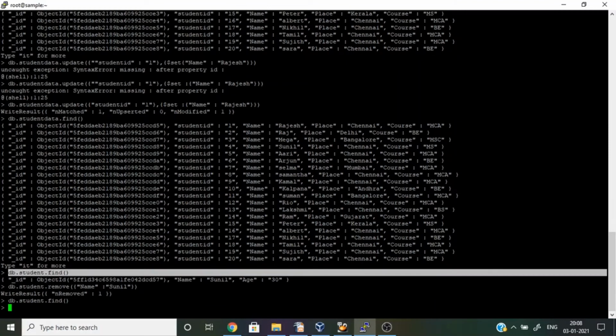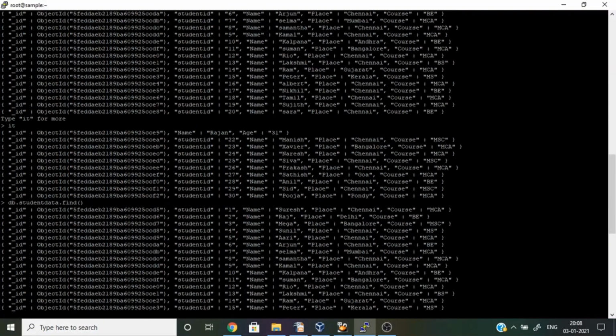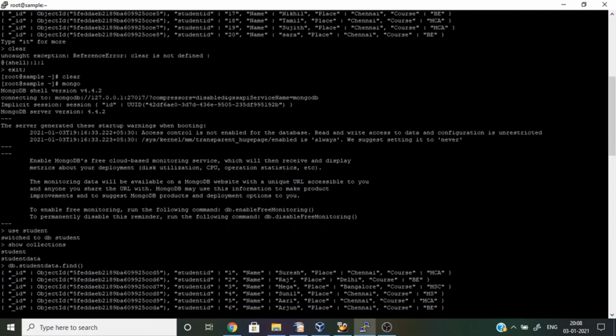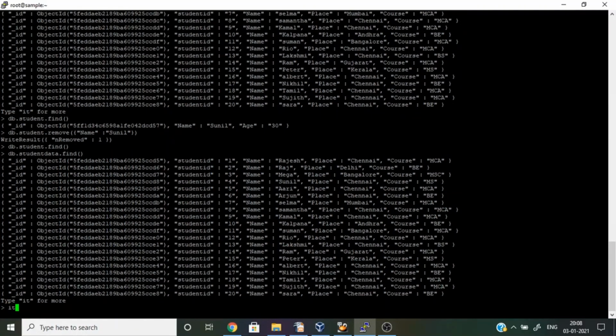Likewise, if you don't give a selection criteria, it will delete the whole collection's documents. So I'm going to remove everything from student data. Before that, we can check how many records are there in this collection. We have 30 records.